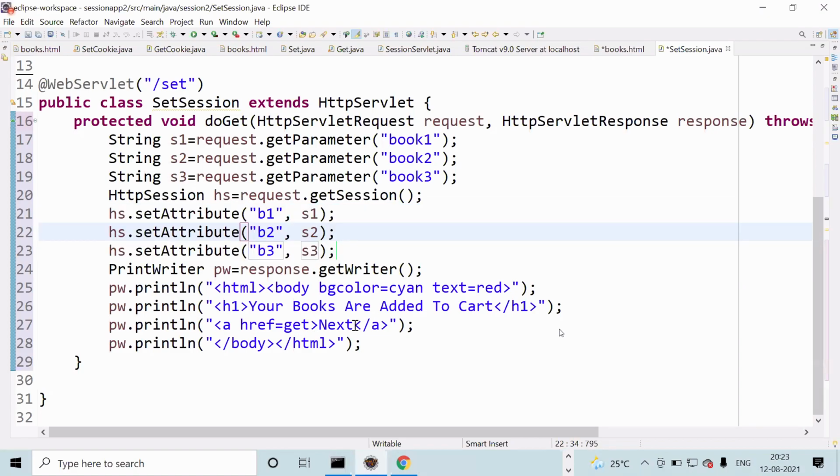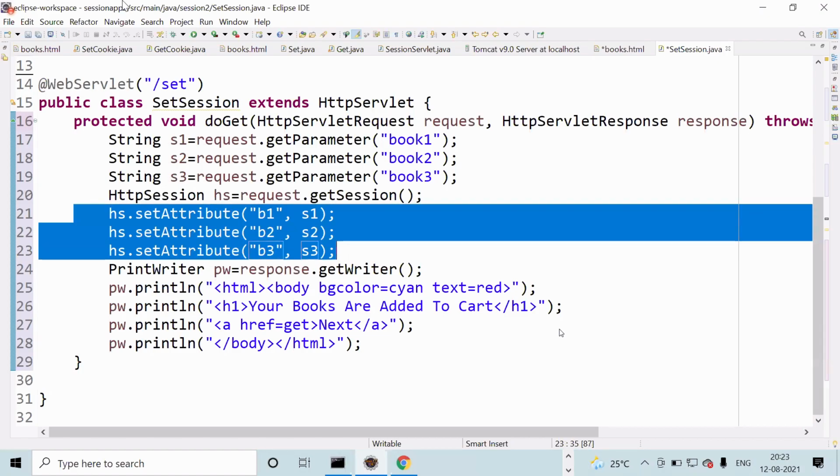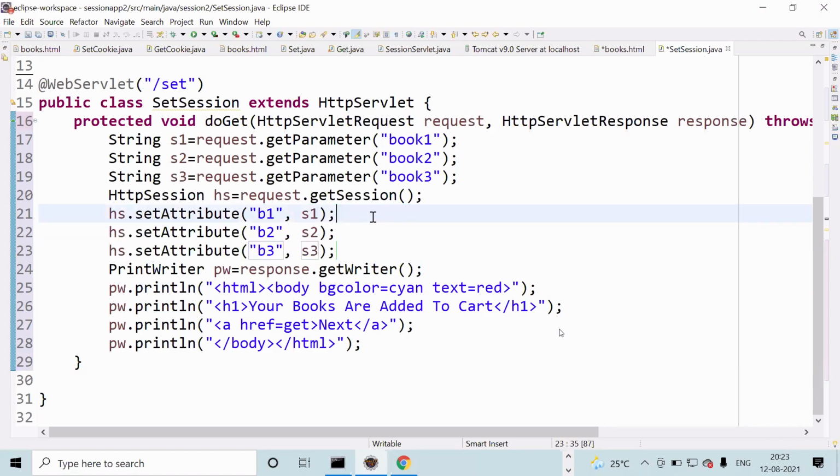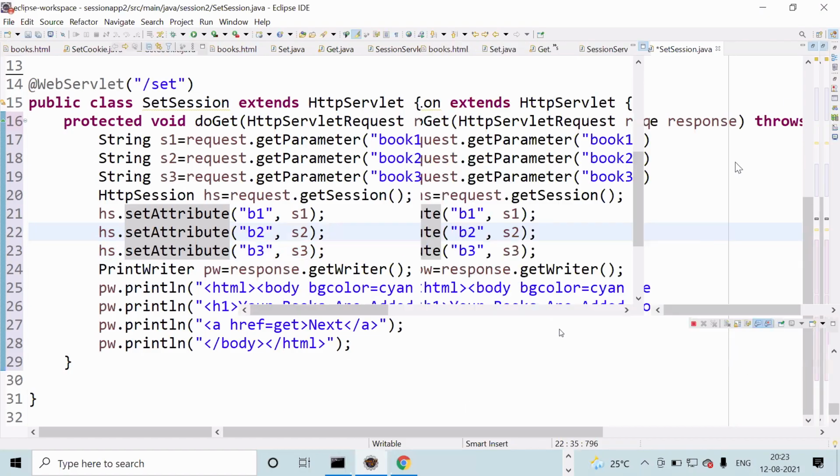After that, when the next hyperlink is clicked, it is passed. So the cookie we created, like that only is session creation. Now what you can do is retrieve in the getSession program. See, here setAttribute; there you have to call getAttribute. Okay, see, this program is over.